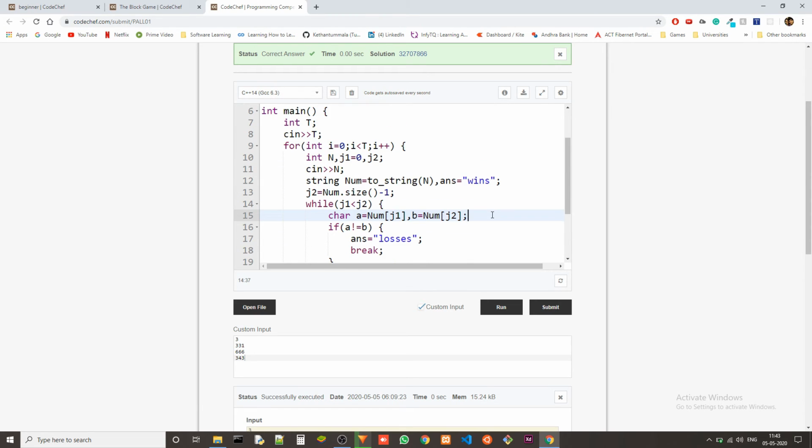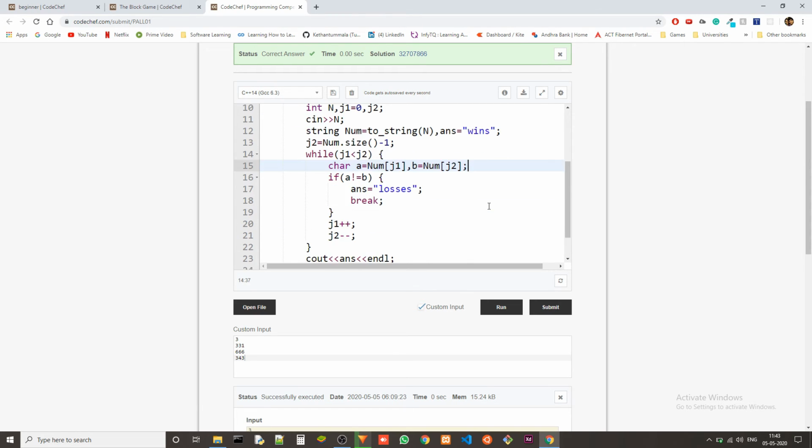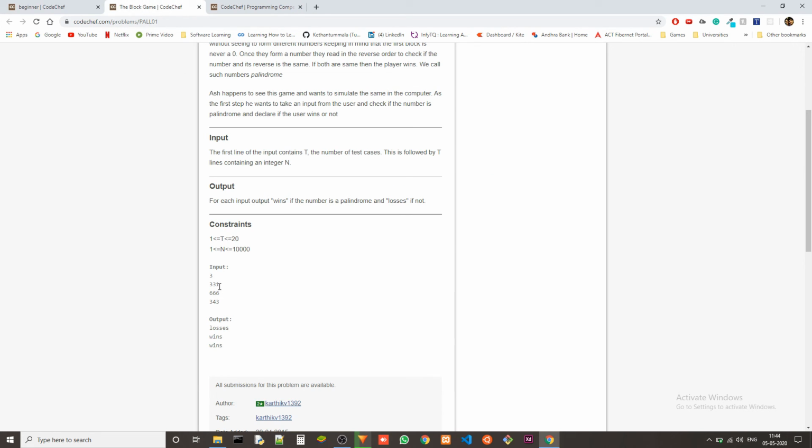Now let's talk about the time and space complexity of this. The space complexity will be order of n, or I should say order of d, where d is equal to the length of the string, or the length of the number, how many digits are in the number. Like in this case, the space will be 3 units.